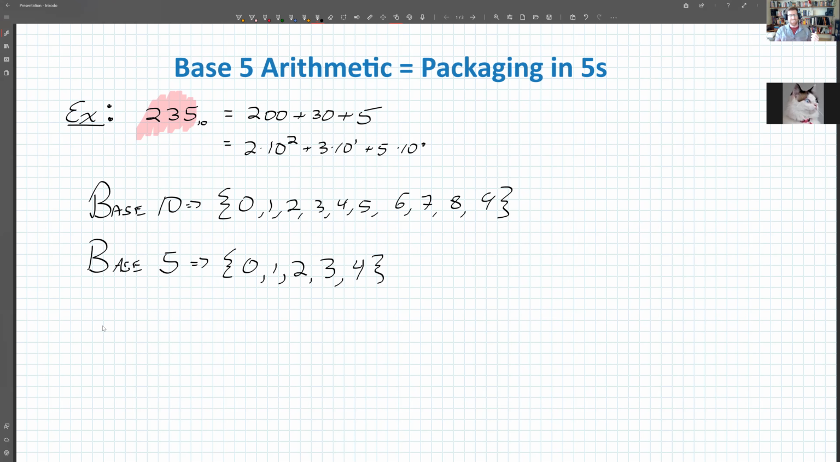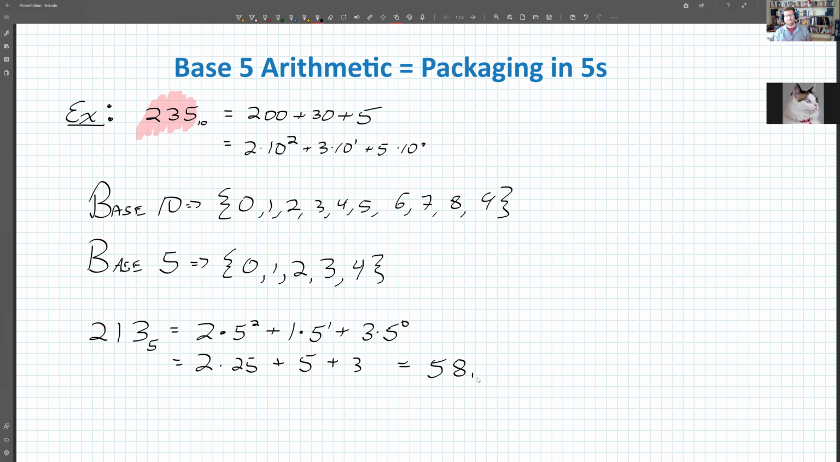All right, so let me write a different number with base 5 then. Let's write 2, 1, 3. I'll put a little 5 subscript down here. So what does that number even mean? That's 2 times 5 squared plus 1 times 5 to the first plus 3 times 5 to the 0, right? So that's 2 times 25 plus a 5, plus a 3. So that's going to be 58,